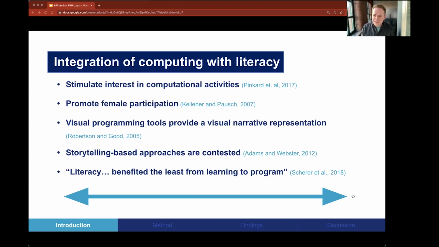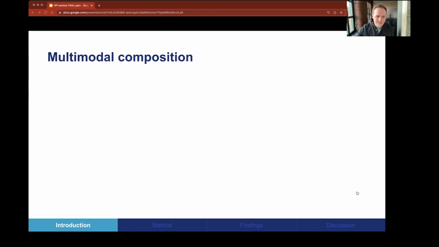But we obviously needed to think of a framework or a way of doing this, like what makes sense when you integrate stories and programs, which can sometimes be quite disparate things. And we settled on this idea of multimodal composition, because of course students aren't writing when they're creating stories in Scratch, not necessarily. They're doing a lot more than that, right? They're using a lot more than